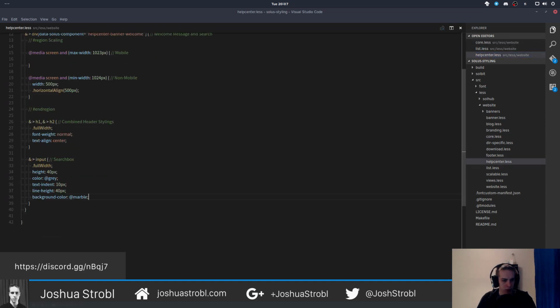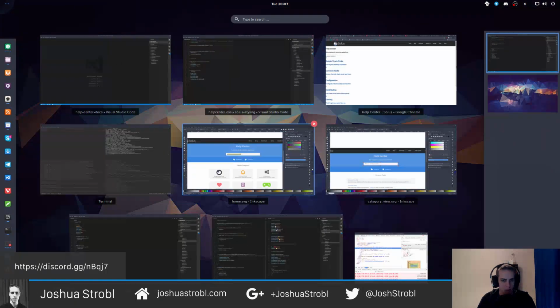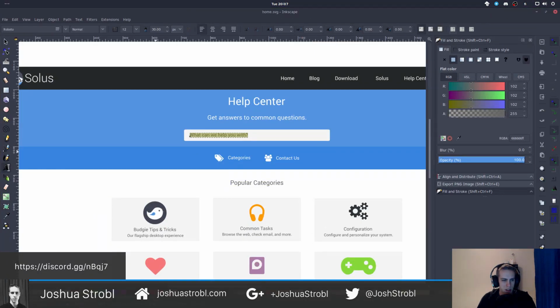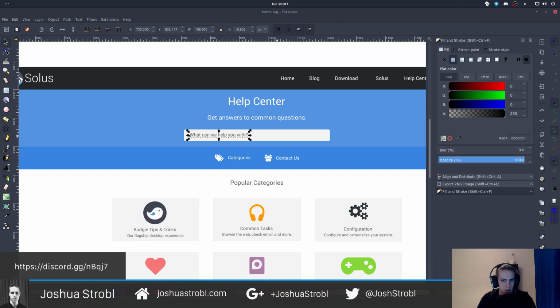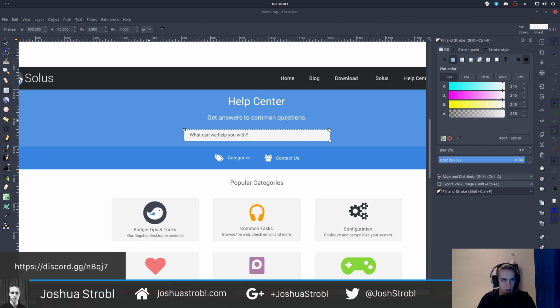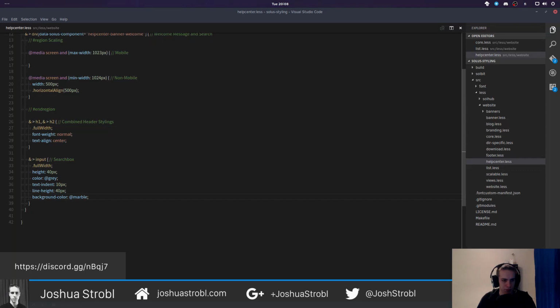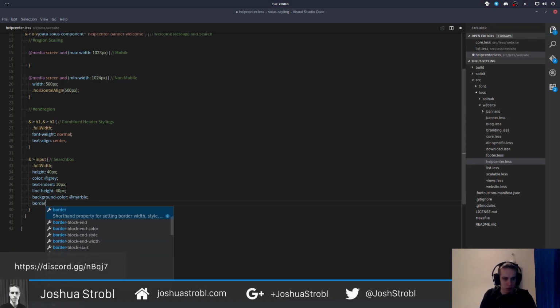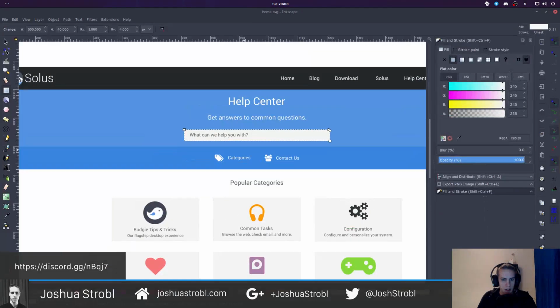Okay, and then it's going to have a border radius of probably 10 or 5. It's 5. Okay. The navigation,